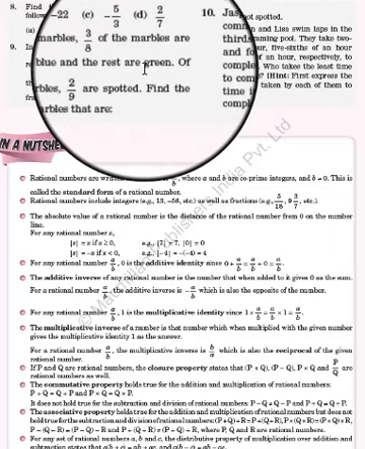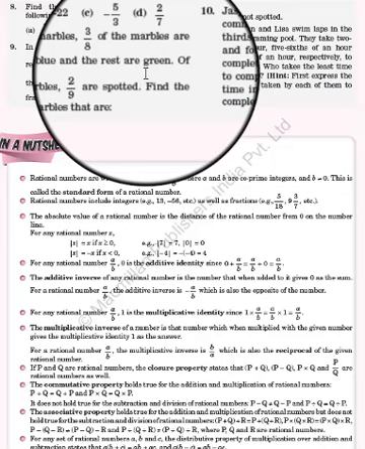So how will you calculate it? The fraction of green marbles will be equal to how much? 1 minus, the total fraction is taken as 1 here. So 1 minus, in the bracket, 3 by 8 plus 2 by 5. We will take the LCM of 8 and 5, which comes out to be 40. We will calculate it and then subtract it from the number 1. That will give you the green marbles.